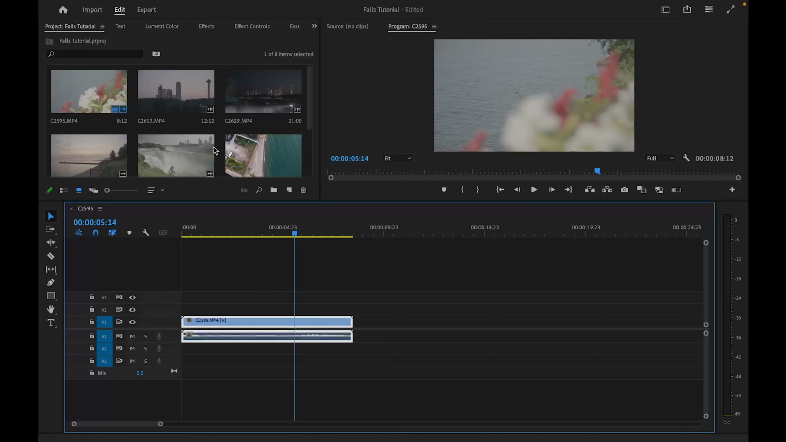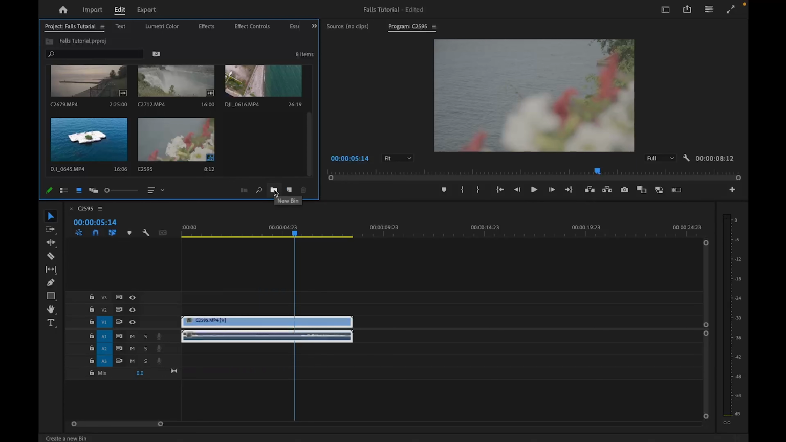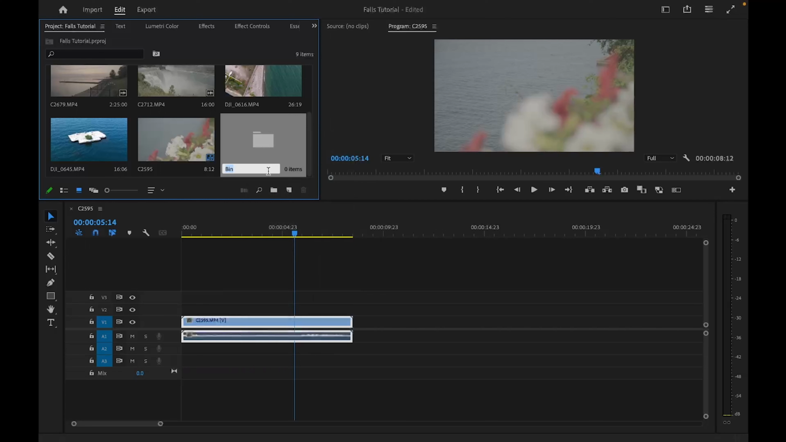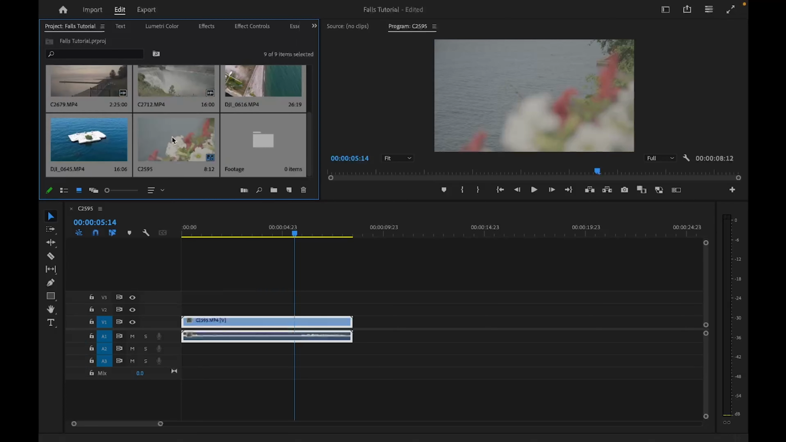So in the project window up here, notice how I just have all of my footage kind of spread out everywhere. So you can either hit this little button here that's called New Bin, or you can right click, go to New Bin, and then this will create a folder for you. So in this case, we'll name it Footage, and I will just select everything and drop it right into that